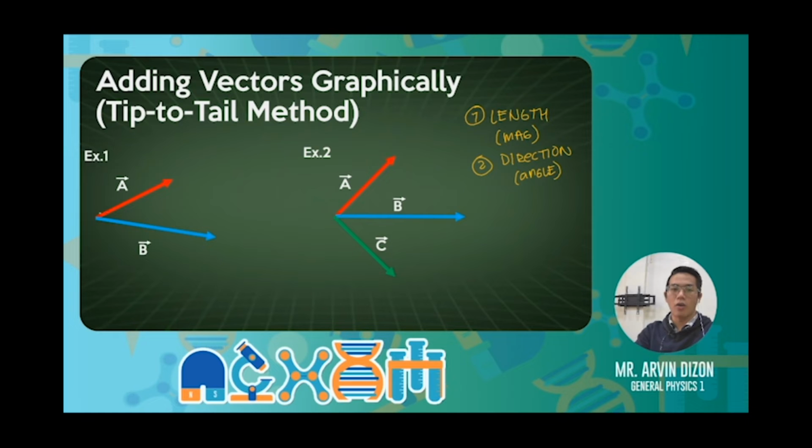So what I'm going to do now is to analyze vector A. First, I'm going to plot here an imaginary Cartesian plane. This is the positive x. And for example, this has an angle of 20 degrees and has a magnitude or a length of about 3 centimeters. That should also be the case when I try to move vector A. So if, for example, I try to move vector A here, I should still have it on a 20-degree angle with a length of still 3 centimeter. Okay? So this will now be erased since I have moved it. Unlike the parallelogram method where you have copied it,